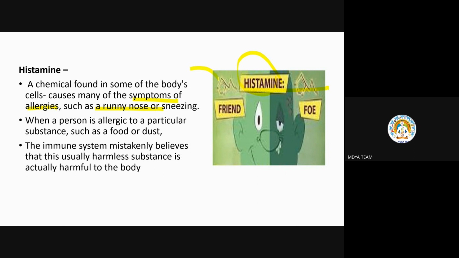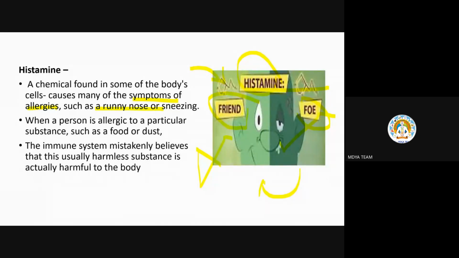When allergens enter the body, the immune system is not able to understand whether it is an enemy or a friend, whether the allergen is harmless or harmful. Though it is not harmful, our immune system still understands it as harmful for my body, and in turn